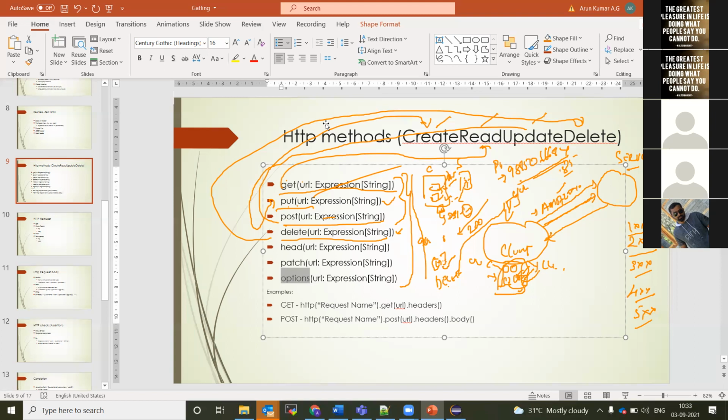It is giving a response code like, okay, I have completed your request, this is your response code 200. There is a 300 where I am redirecting to some other endpoint. And 500 is like, I have an issue in my code, so I am not able to process your request.